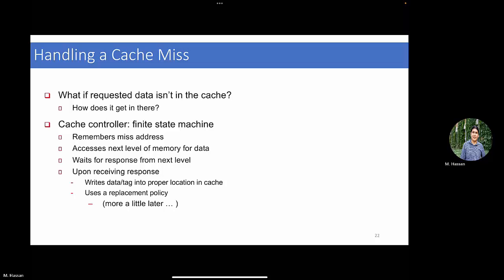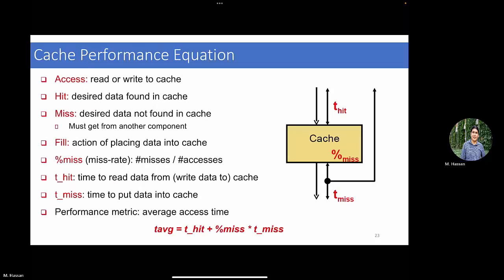Yes. And we'll discuss replacement policy later on in more detail, but that's the general concept to understand the full story of what happens for a miss. Good. So now, again, attributing everything back to performance,